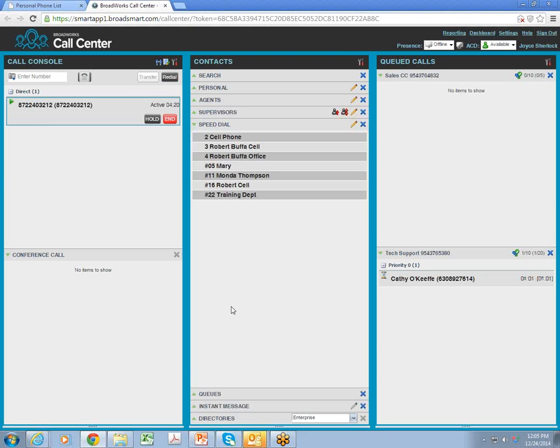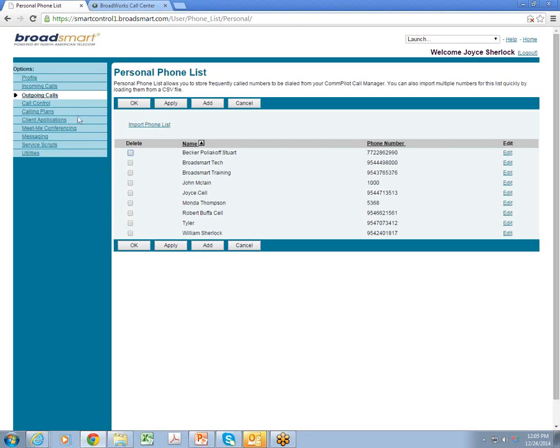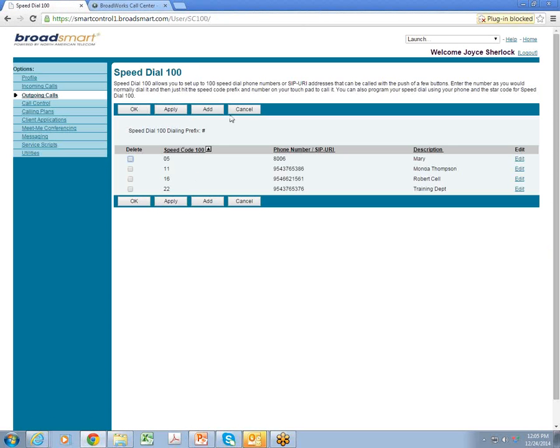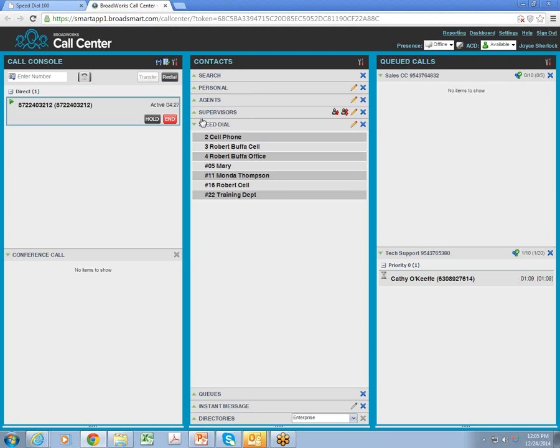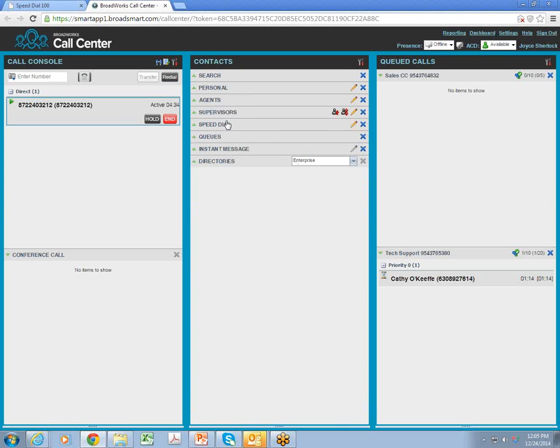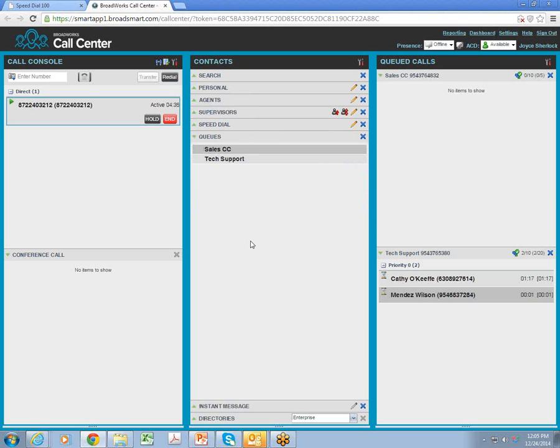Underneath that section, you'll have a speed dial area, where in your outgoing call section of the portal, you can set up speed dials and they will attach themselves into your web-based supervisor, where you can click to call or transfer. Underneath that, you'll see queues, so any queues that you have set up will pop up in the queues area where you can click to call, silent monitor the next call in a queue, as well as silent monitor an agent when you see that button,